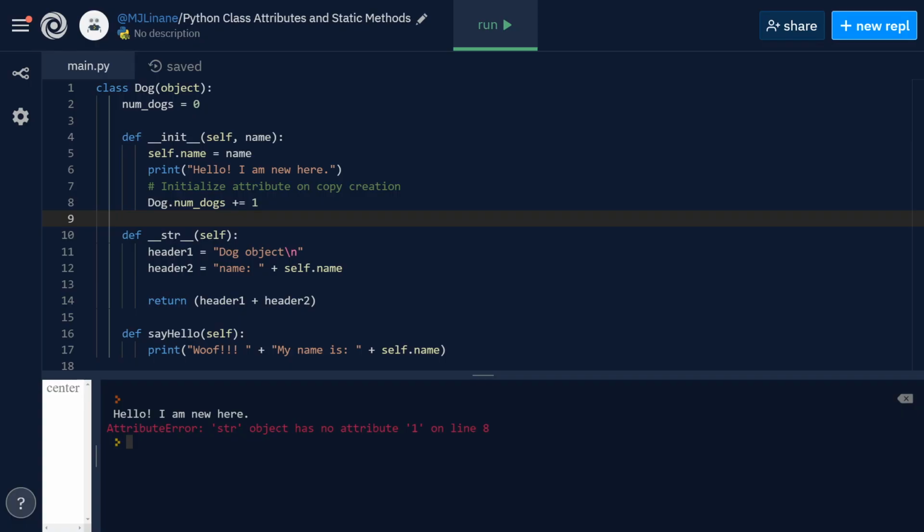Okay, so I took a quick break, and this is going to seem kind of disjointed, but I tried to figure out what happened here. I actually spent probably longer than I should trying to figure out what was happening. And this way of adding a class attribute and iterating it down here is proper code. So I was looking at this and saying to myself, why is this not working? And so I did a quick test, and